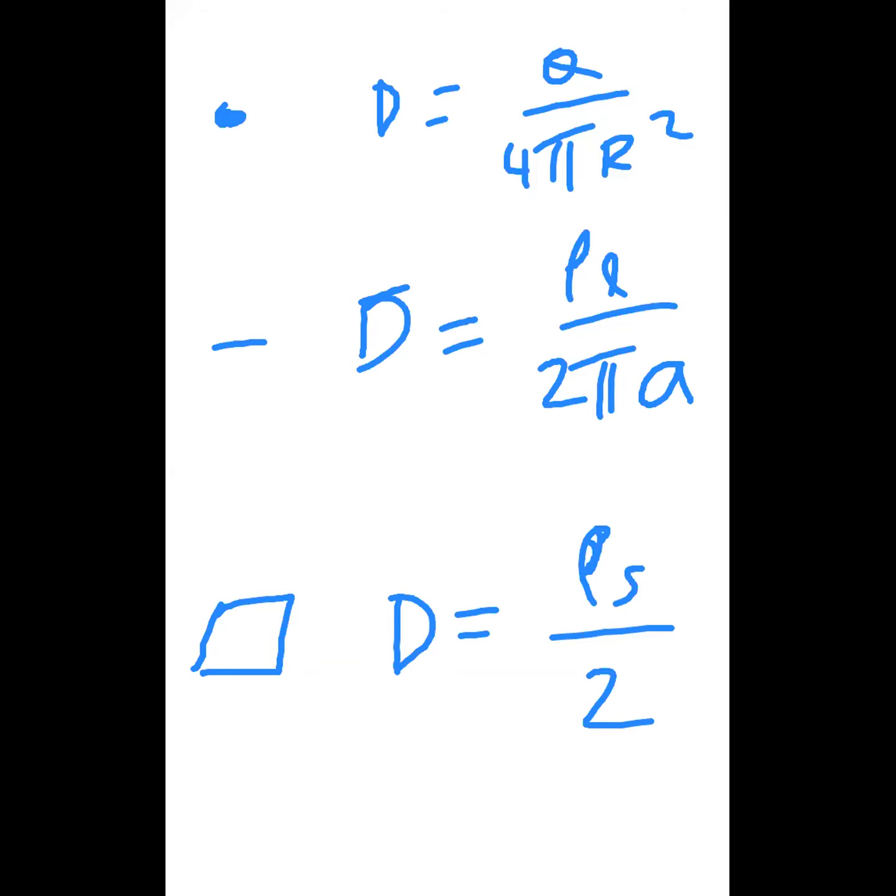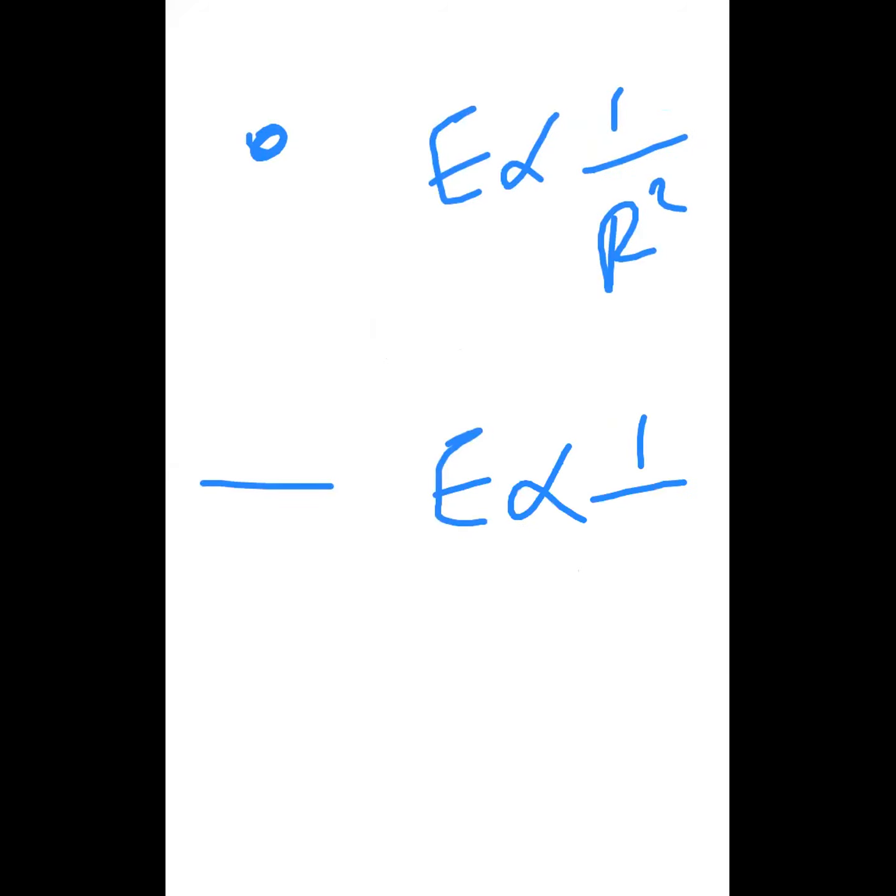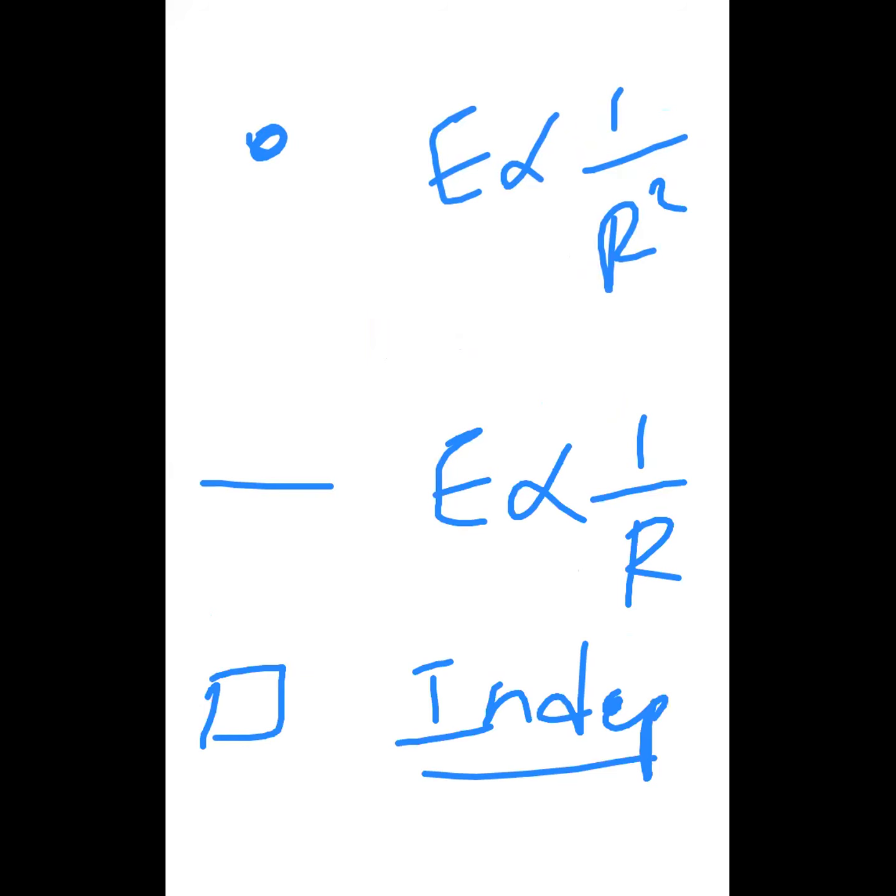Then what is the final conclusion here? You take point charge, electric field is 1 by R square. You take line, electric field is 1 by R. You take surface, electric field is independent of distance, independent of R. Okay, that is the conclusion. So it was 1 by R square, 1 by R, then R itself got removed. Then how to get some kind of intuitive understanding here? Why in case of surface is it not depending on R?